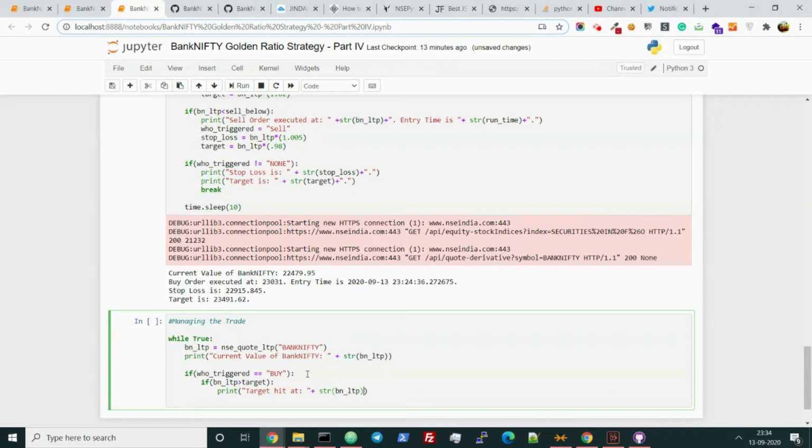And we also need to note the exit time. Oops, I just deleted that block. Let's hope I'm doing this correctly.